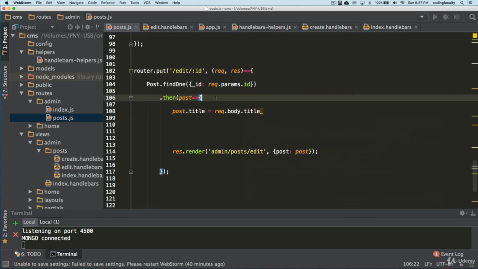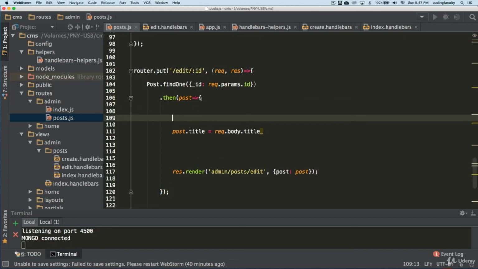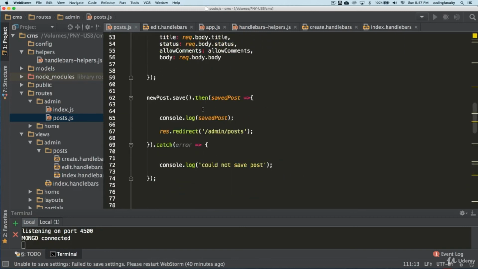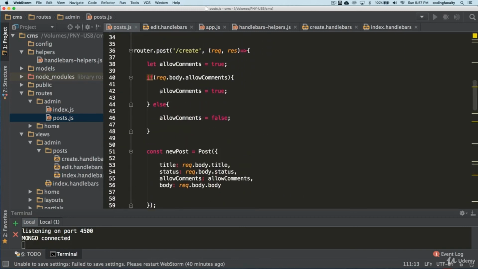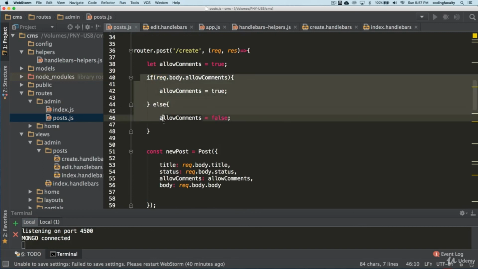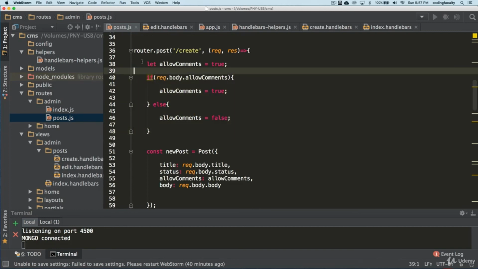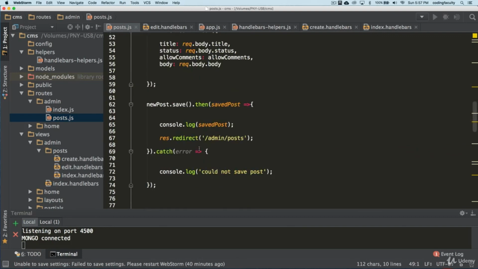But before we do that, there's something that I need to do. Remember that we have this allow comments field that we're creating. So we got to make sure that these fields are created like this, because we don't want to make any mistakes.